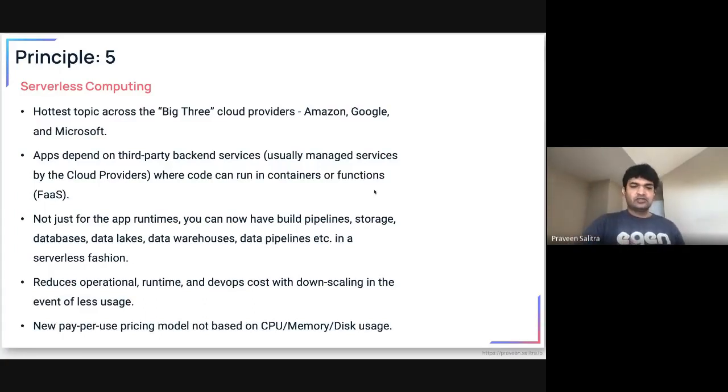The new consumption models are, if I get this many requests on my API, that's how I will be paying. That is what your functions are, right? Your Lambda, to be precise, on AWS, Google functions or Azure functions or things like that. There's already a lot of configuration available from the serverless services to scale up and down based on your usage. So you don't have to worry about, oh, I need a database, but in order to support 100,000 users, how much CPU or memory should I need, right? You don't have to worry about it now.